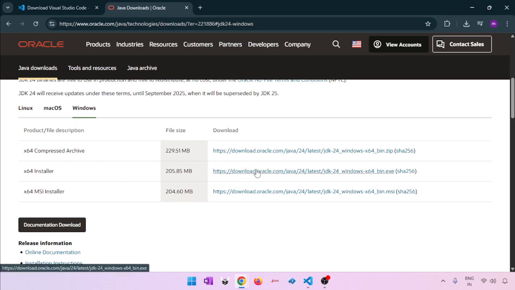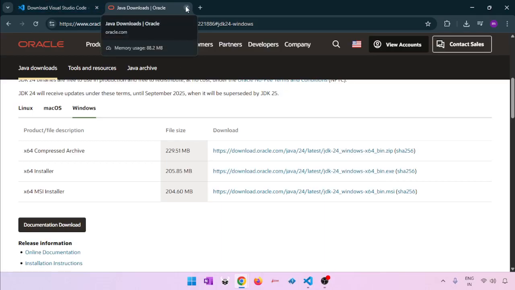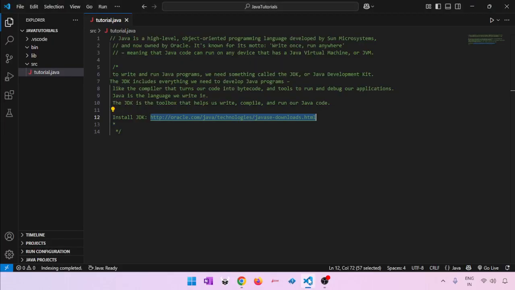Click this link, and then you can see here .exe, that means executable file. So it will just run the installer, and then you just have to click next a couple of times, and it will be set up. Now run Visual Studio Code on your computer. Once you run Visual Studio Code,